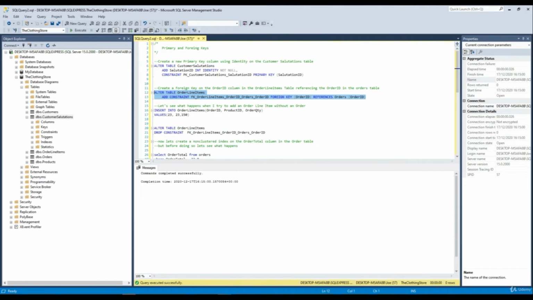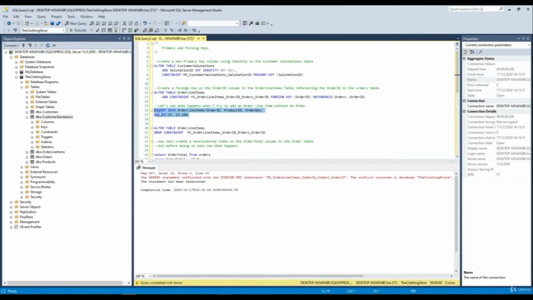With this created, let's try and insert a row with an order that doesn't exist. You will see that I was blocked from doing so. Also, you will not be able to remove both tables, that is the orders table and the order line items